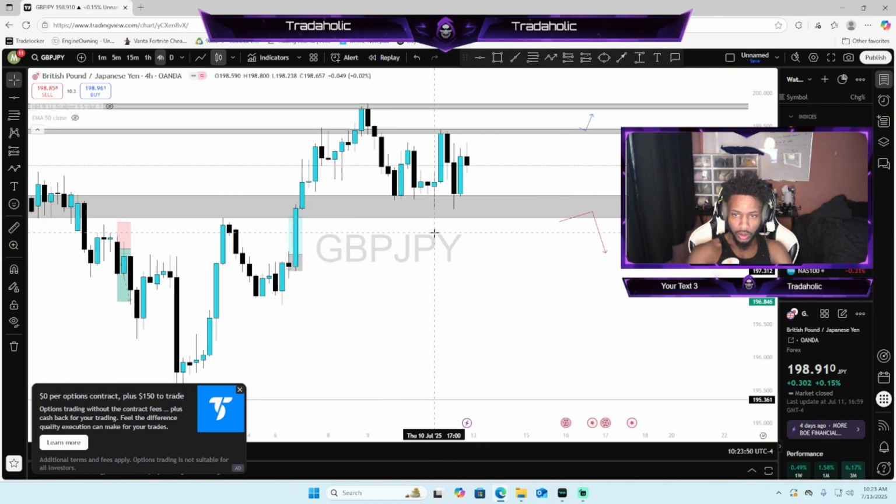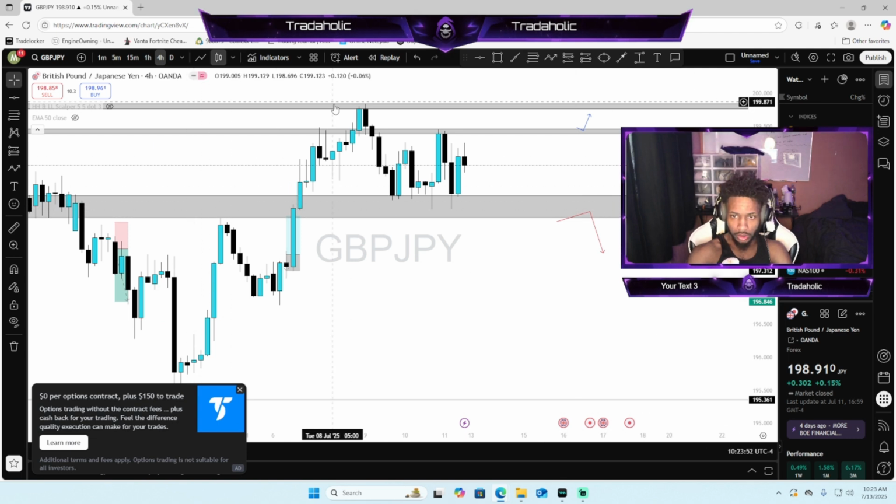On the 4 hour time frame, we are bullish as well. We just had this break and retest and potential continuation, but we're overall ranging in a bullish market. If we could break and close below this level of support here, I'll be open to taking some sells because this is where the 4 hour time frame shifts bearish.